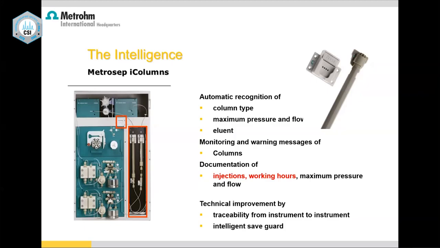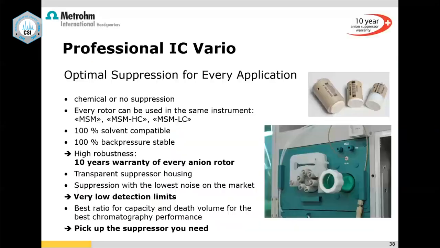The best part is the microchip helps you in documenting the injections and the working hours. So this gives you a fair idea of how many injections a column has lasted for any particular project. For example, in pharma, they do many API projects. So they'll come to know, okay, this has lasted for 2000 injections. This has lasted for 3000 injections, like this. So that is one more advantage. So this is with respect to the chip on the column.